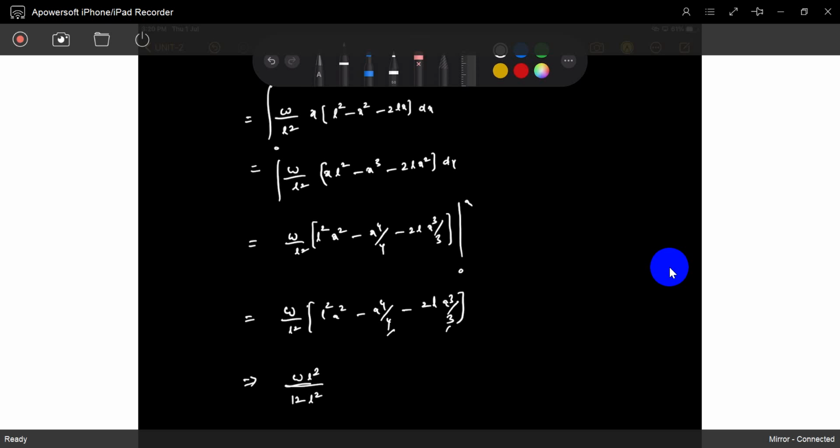I will rewrite. So I will put 12L square. Every term has A square, not L square. Every term has A square outside. And I put 12 because it has 4. I commonly rewrite it. How has it gone? I put 12.